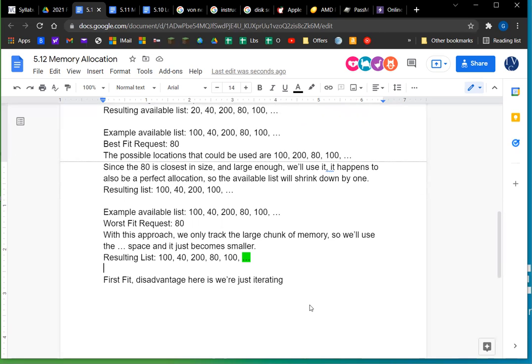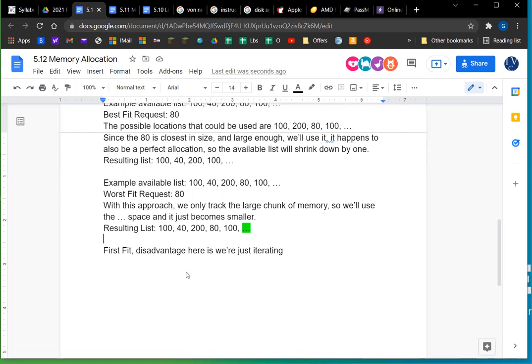Yeah, it could be in kilobytes. It's just an arbitrary unit of measure. It could be kilobytes, it could be bytes. Right? It just depends on the objects that we're allocating. If I'm creating 100 byte arrays, 40 byte arrays, or 40 kilobyte, bytes would be the better representation because